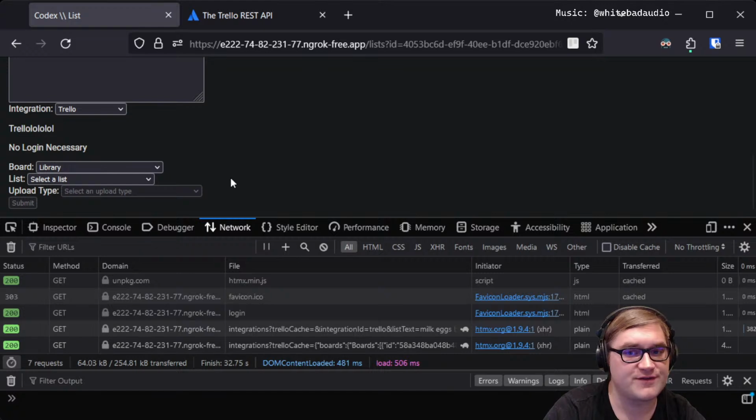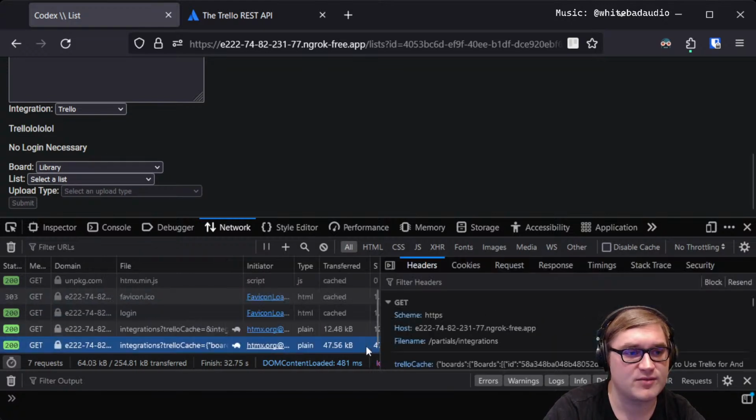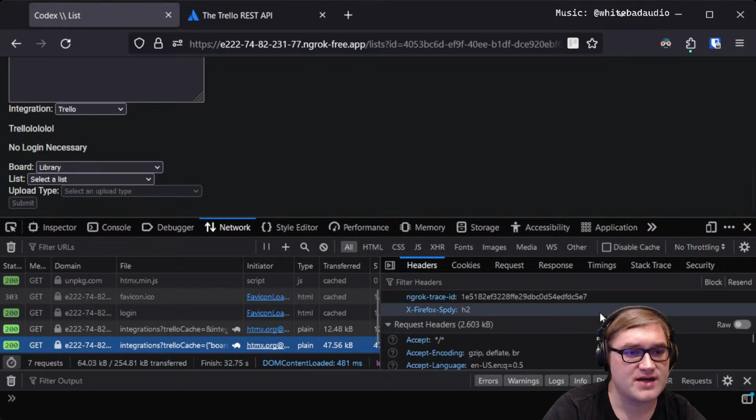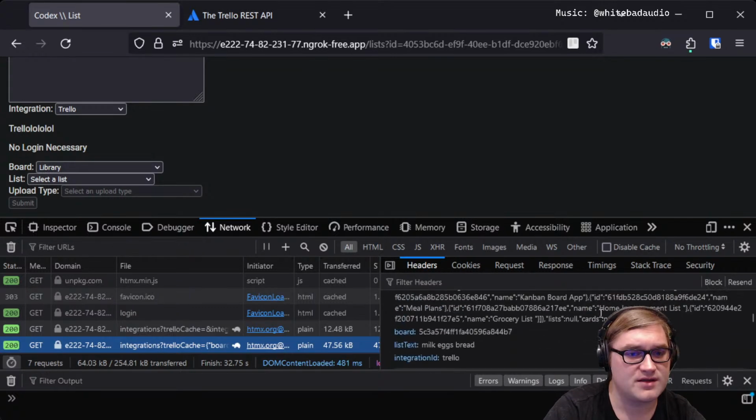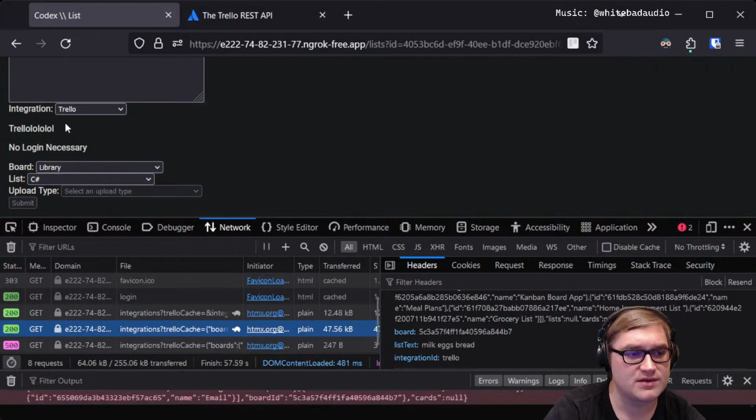So 5586 was the cache length that got put into here. So that's the cache length in here. And this one looks good. So then once we go into, say, C#,